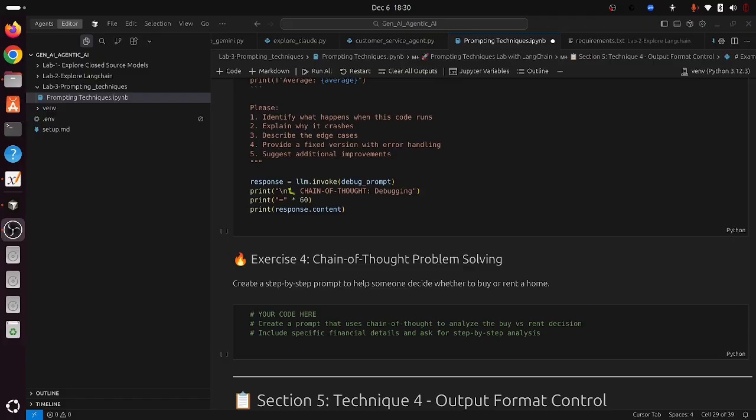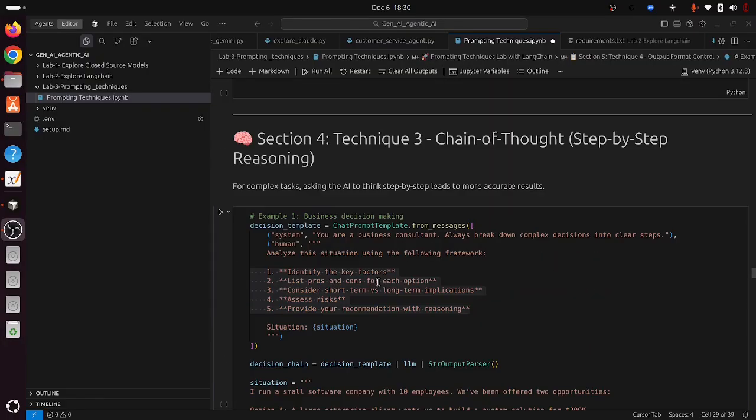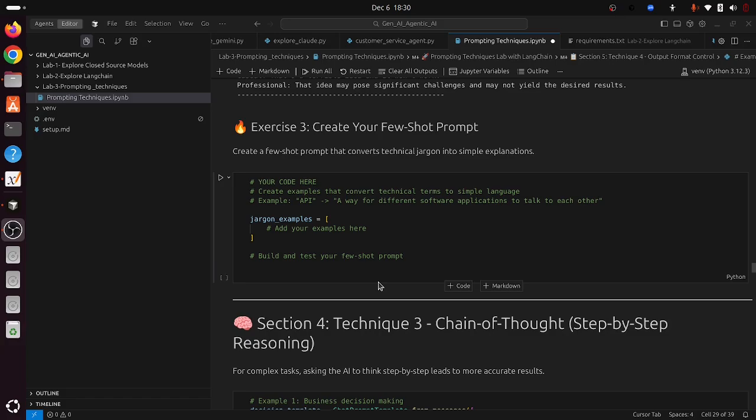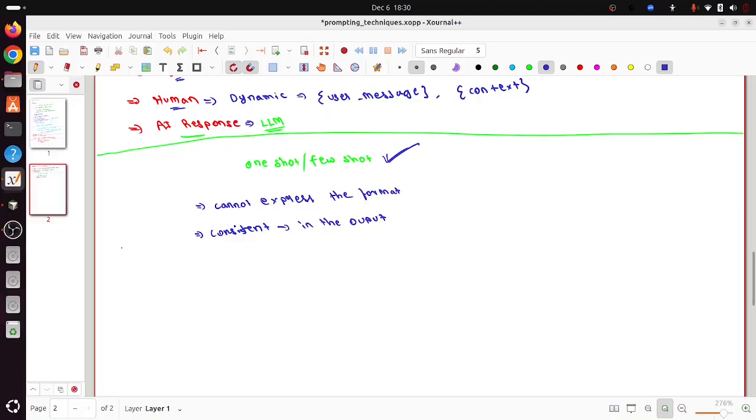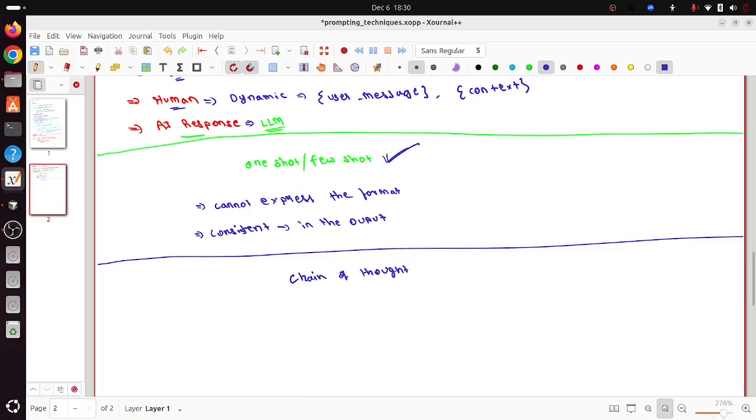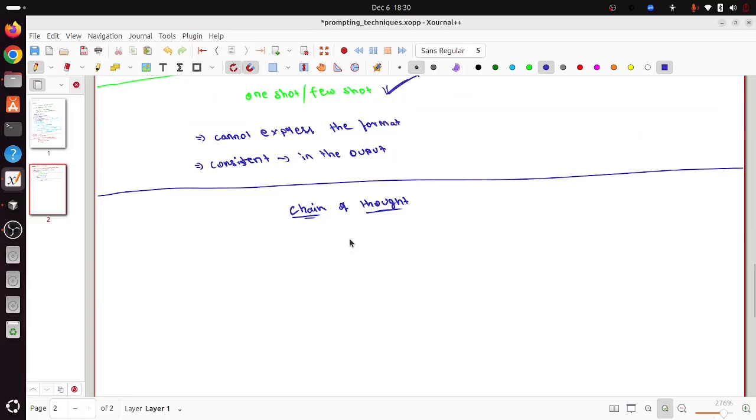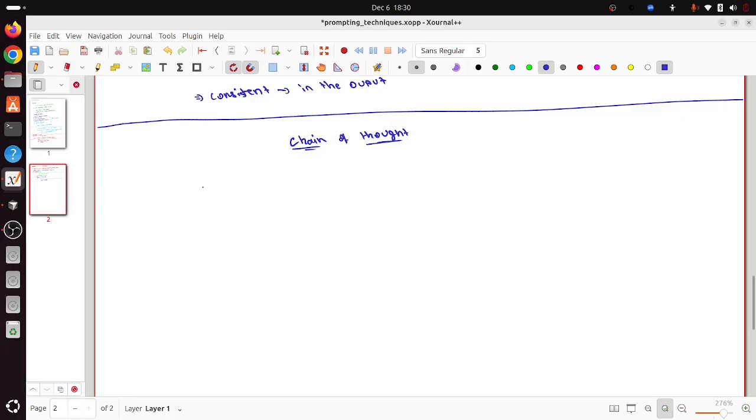Okay, so chain of thought prompting is a kind of prompting where you are making the LLM follow specific steps, a specific process, specific reasoning. As the name says, it is chain of thought, right? Like where you say chain, like series, sequential thought. It's like a thinking process, reasoning. So here you're forcing, encouraging the LLM to follow specific steps. Step one, step two, like that.